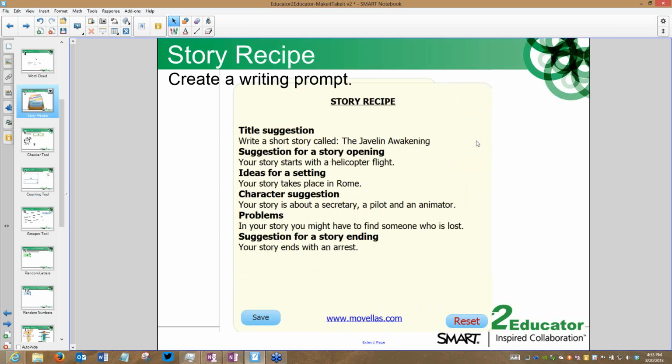Once it finishes, it actually gives us a complete story recipe. And there's a writing prompt, real quick, real fast, real easy. I love this thing because it's such a simple thing to use, and the kids, they respond well to it because it works. It does work that well. All right, like I said, there are other widgets in here. I'm going to skip fairly quick in the presentation because I know I have to get going fairly quick.